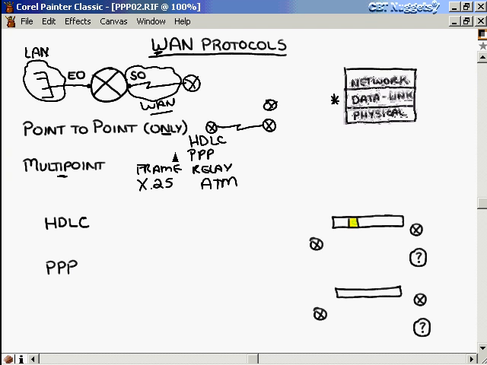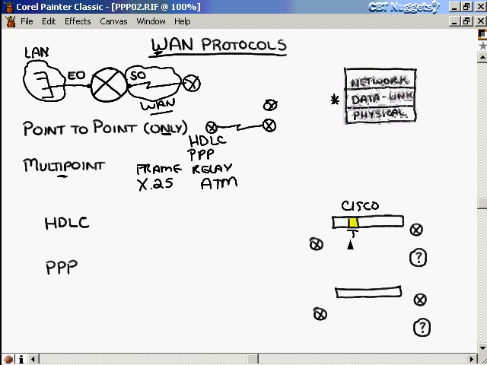So let's talk about how they're different. First of all, the high-level data link control. The problem with high-level data link control is that it is vendor-specific. It wasn't designed in its initial phase to be a standard throughout the whole industry. In fact, let's look at exactly what we're talking about. It has proprietary information. In the case of Cisco, when I am looking at a frame that supports HDLC, a portion of that frame, in this case the type field, is proprietary to Cisco, and it's how they are able